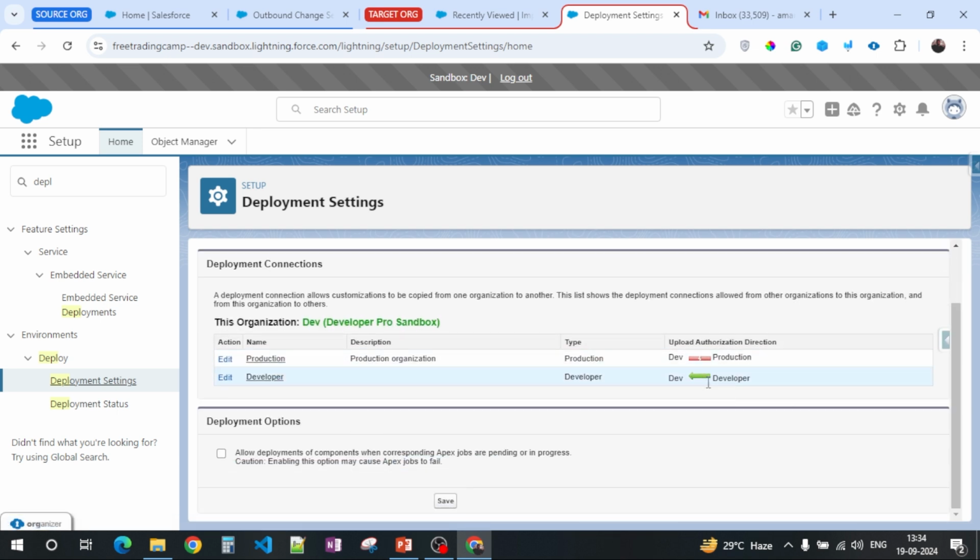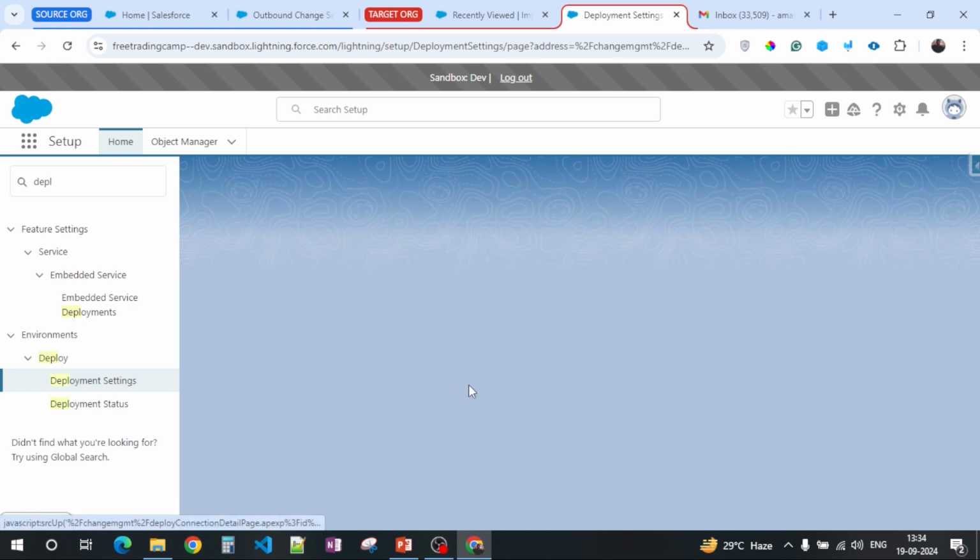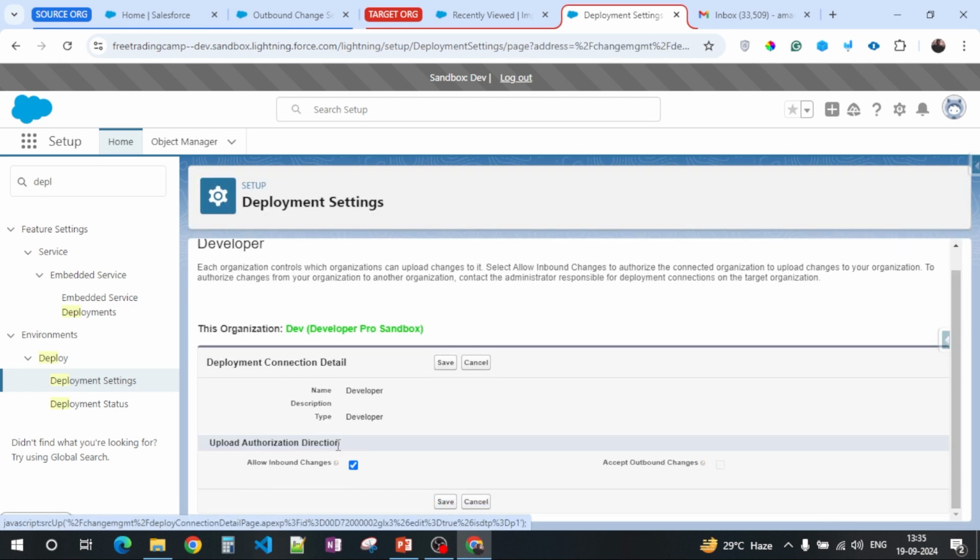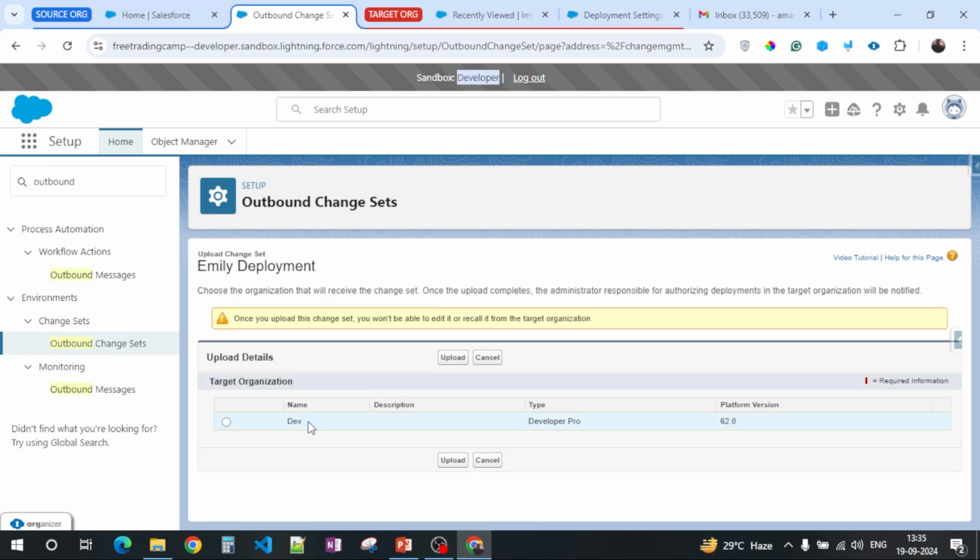You'll see all the sandbox details here. You see that from developer to dev, we have already authorized it. We need to authorize it in order to allow changes, because allowing inbound changes from developer is enabled on the target org. That's why we are seeing the option here.